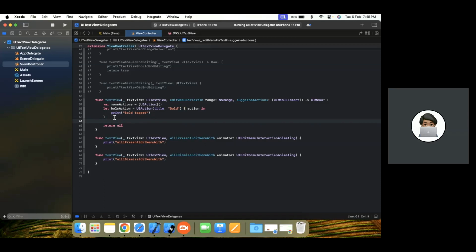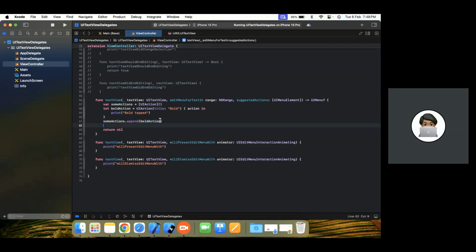And I'm adding this to the sum actions. Sum actions dot append new element, bold action. Sorry, spelling mistake. Okay, bold action. And now if I want to add italic action, then italic